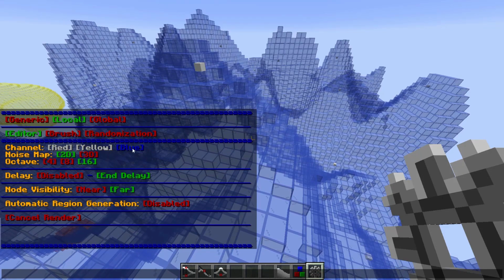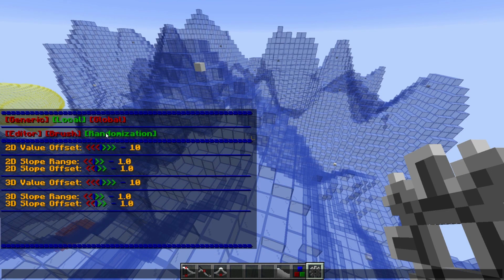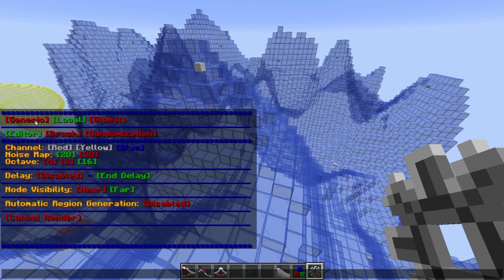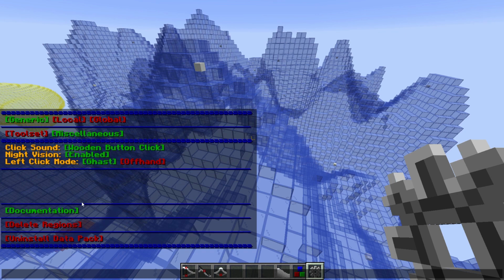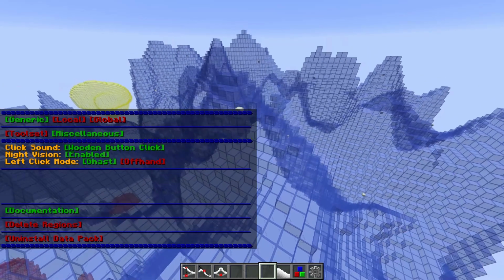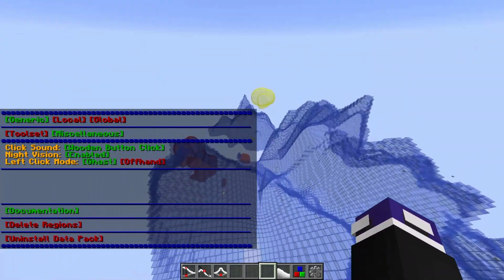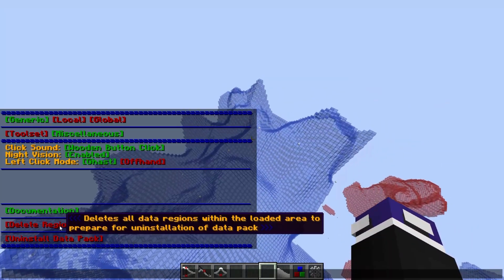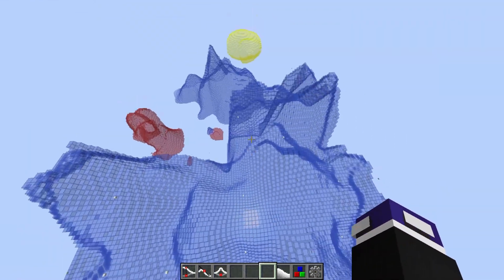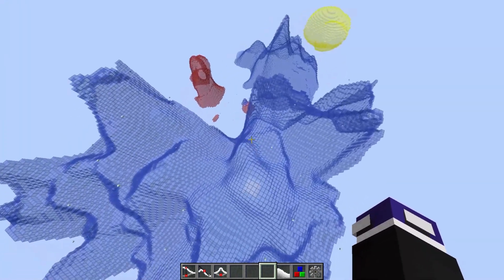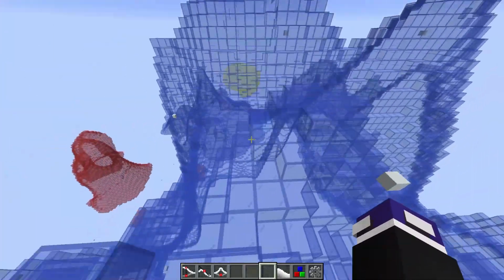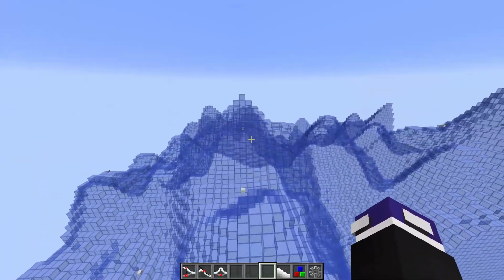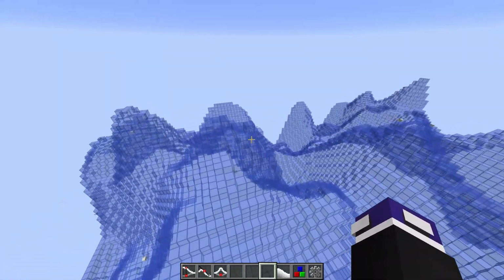Now let's double check everything to make sure we caught everything. I believe so. Seems to be everything. Now there's also under the miscellaneous this button called delete regions. So once someone is done generating a larger area, or once they're done making their world, they can hit the delete regions button, and all of the data regions up at the top of the world are erased, at least within the loaded area. If your area extends beyond the loaded chunks, you will have to go off after them and erase everything,